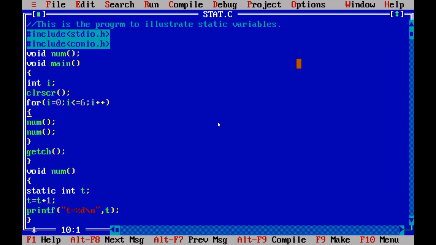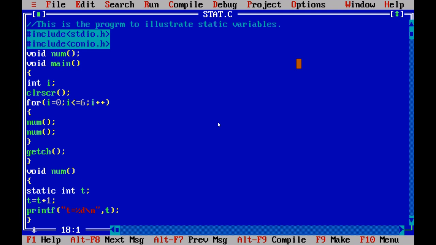After the execution of the first num, the next statement within the for loop is again num. But if it is not of the type static, again the t value would be initialized as 0.